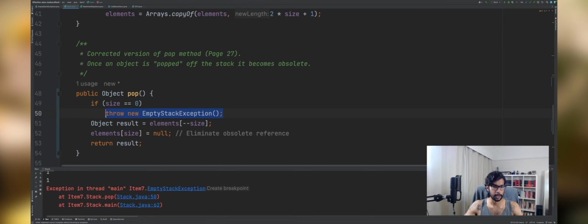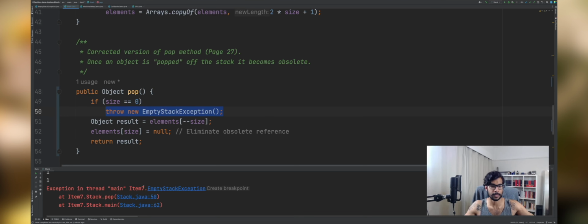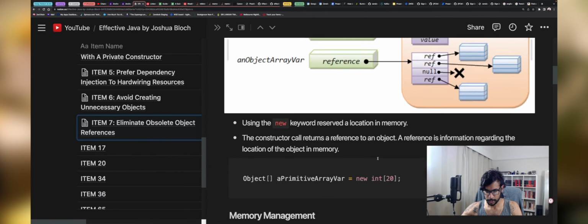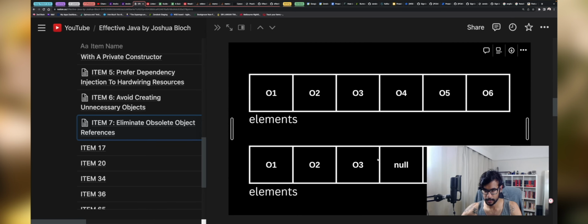Right here. Because what happens is we keep popping the stack. At one point, the stack gets empty. So this is kind of expected, this error here. Now, before I read out what Joshua Bloch has explained here, let's take a look at this diagram and